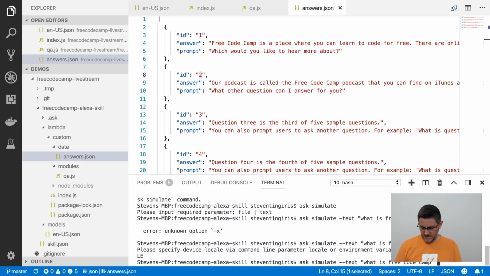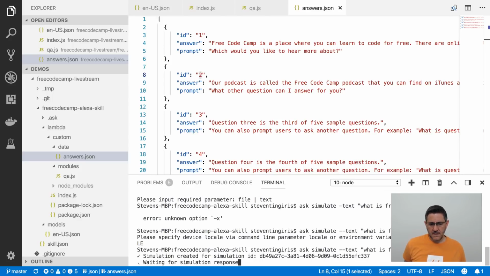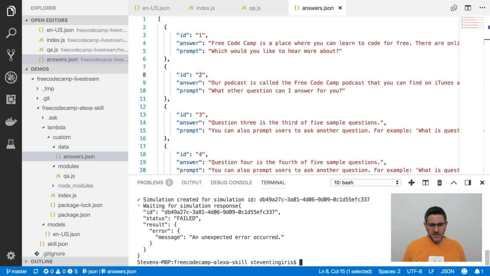See if I can remember how to do this. I think it's en-US. Let's see. Yeah, that was it. So now we're testing, and we're doing that from the command line, and we got